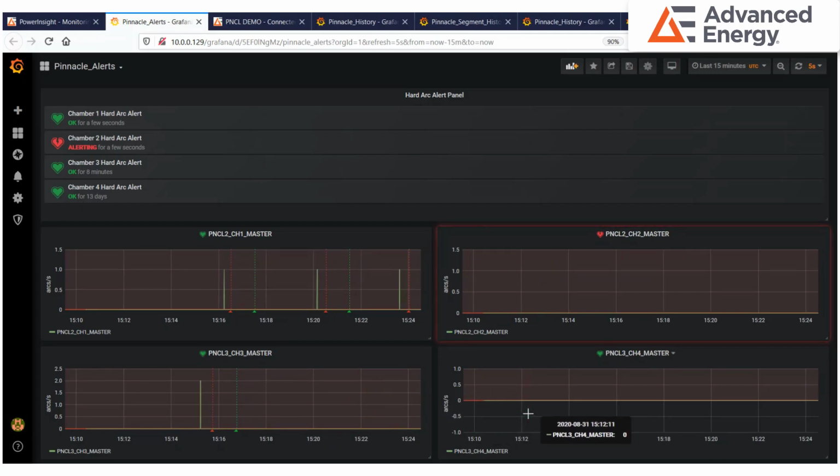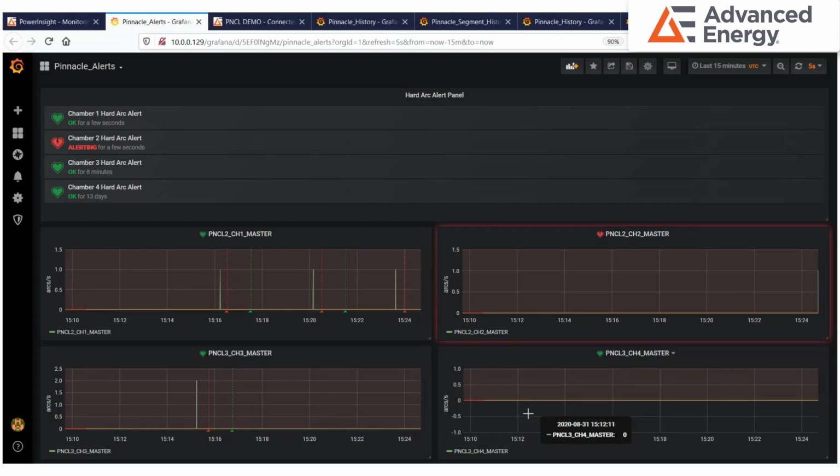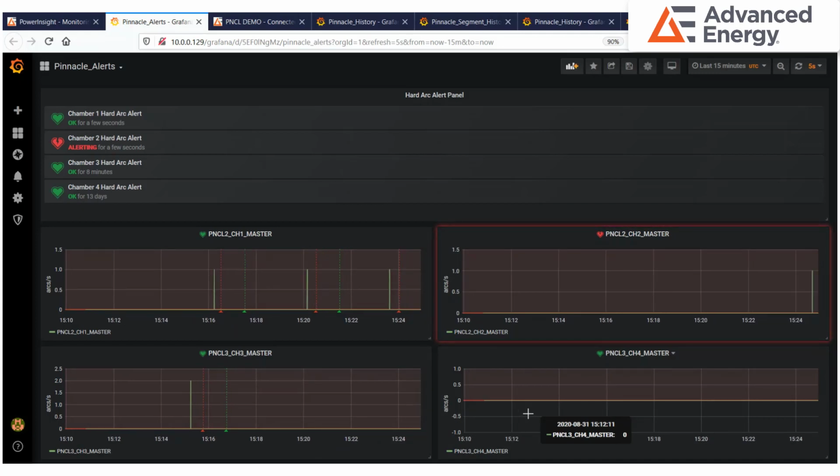Note that the frequency of the status checks are fully configurable and can be set to be more or less frequent. In addition, the system can be configured to issue notifications via email to specific personnel if the event being monitored requires additional attention. This concludes the PowerInsight demo for semiconductor PVD arc